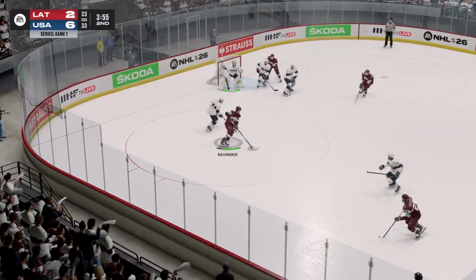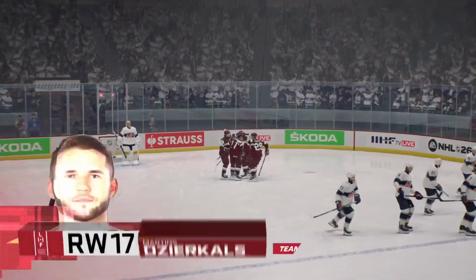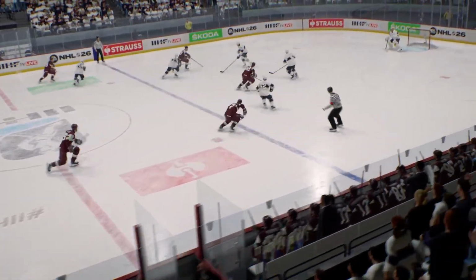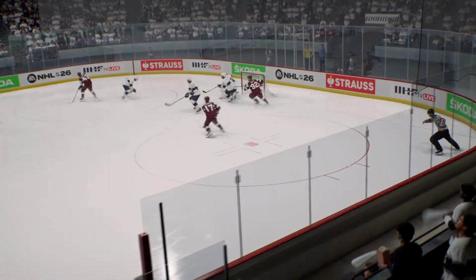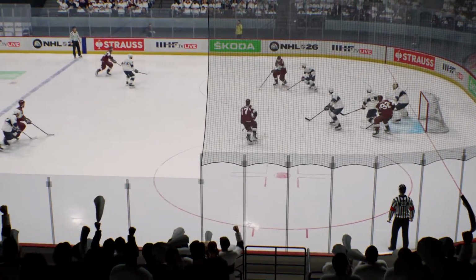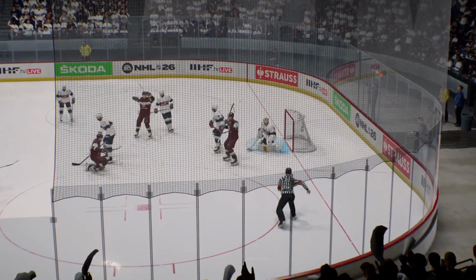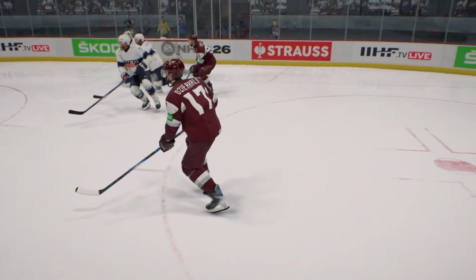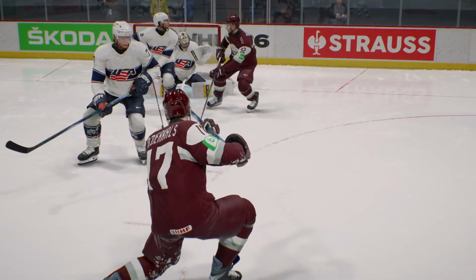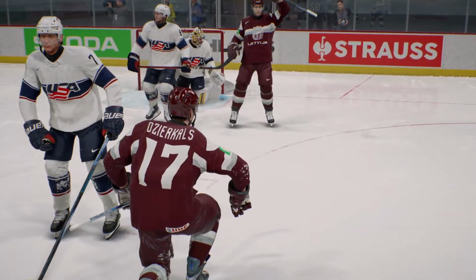Ravinskis whiffs on the shot. Gets it back. Inside. Score! Right back at ya. Latvia strikes for the third time in this game as Zirkals puts it in. Right there in the crease. Nothing fancy about it, just not an American player on him. And look at that shooting lane. Swayman just couldn't get over in time, right over the top of his glove. And into the back of the net. And Team Latvia cuts it back to 3.